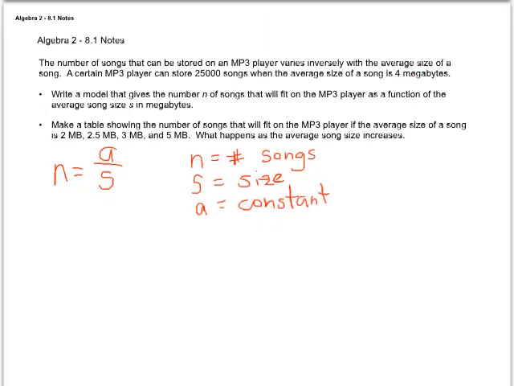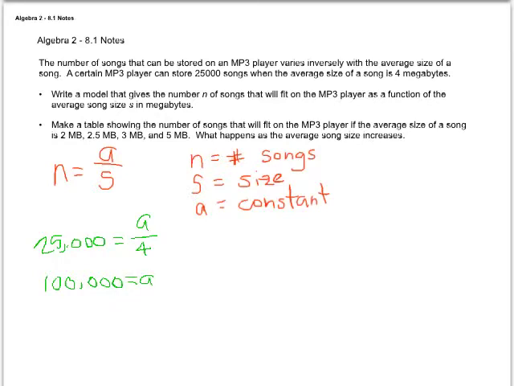So we're actually going to work out the problem then where 25,000 is equal to A over 4. So this is going to give me my coefficient, my constant of variation. So multiply both sides by 4 and you get 100,000